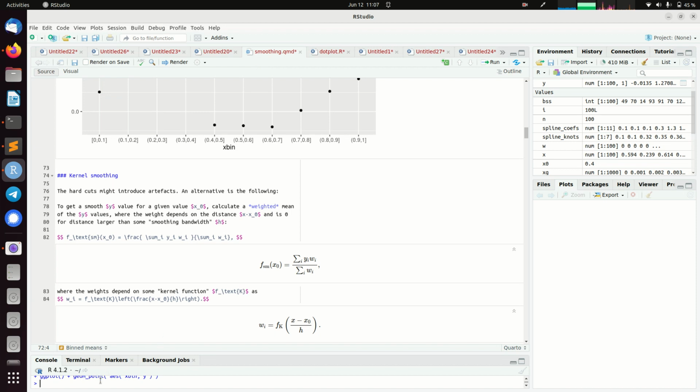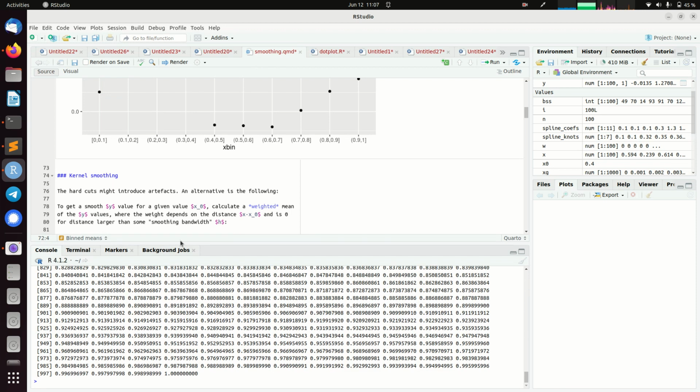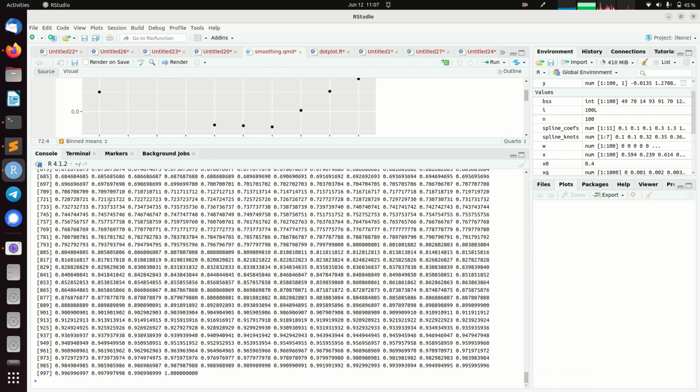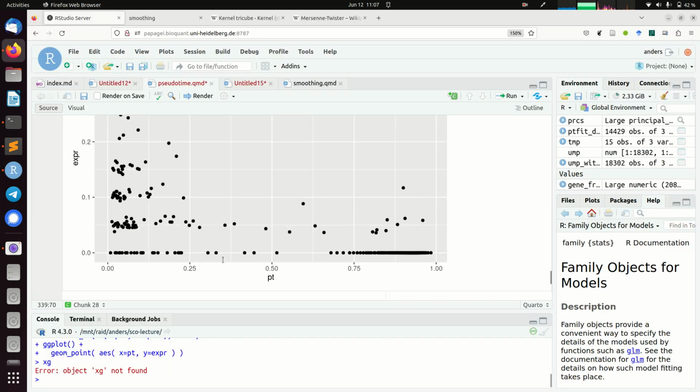So xg is just a list of 300 values going from 0 to 1 in steps of 1 over 300. And with this,